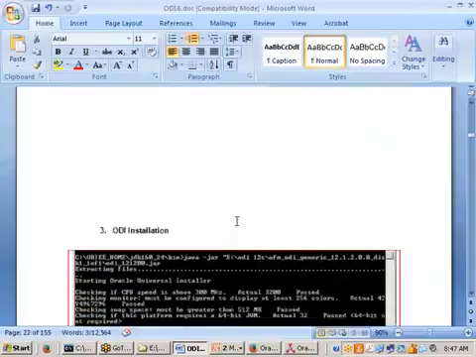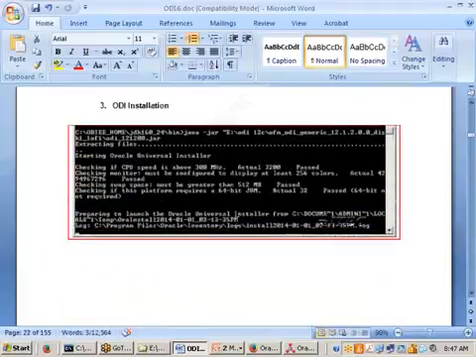Right. Let us move on to the next one, called ODI installation. ODI installation is the simplest installation. I hope everyone is aware of how to install a database first, right? Oracle database or SQL Server database, you know how to install it. If you don't know, just put in your setup file and click on next. Close your eyes, click on next. That is what the Oracle database installation means.